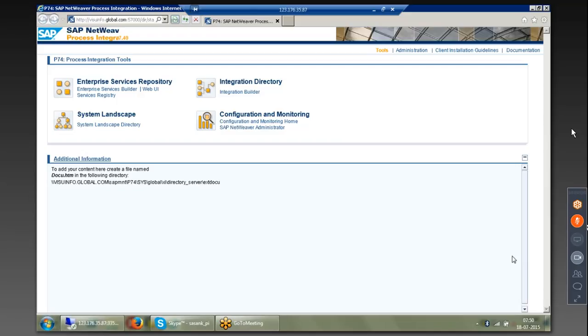Scenario HTTP to RFC. Send the request to HTTP, and I'm getting back the response from ECC. We have taken a function BAPI_COMPANY_GETDETAIL. We give the company ID as a request, getting back the response as name, state, city, country. Like this, there are so many BAPI functions. BAPIs are remote enabled RFCs, and you can use custom BAPIs also. Any BAPI you can use, and you are able to